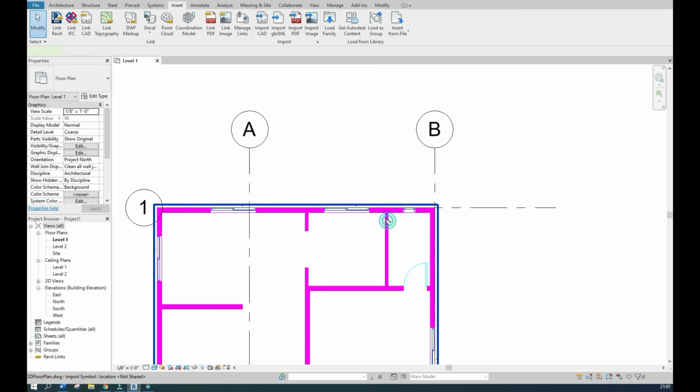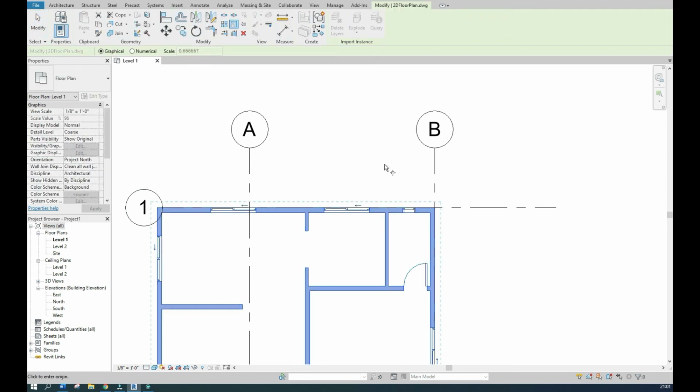Go to Modify and select the Scale tool. You can either scale the elements graphically or you can type in the dimension.